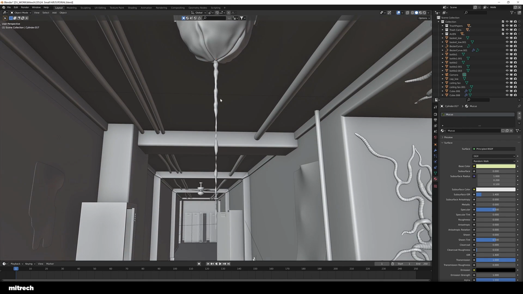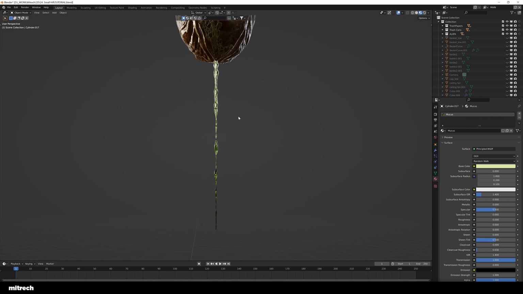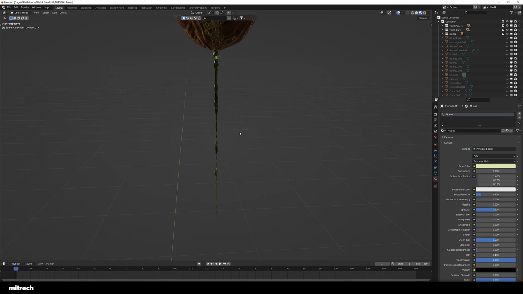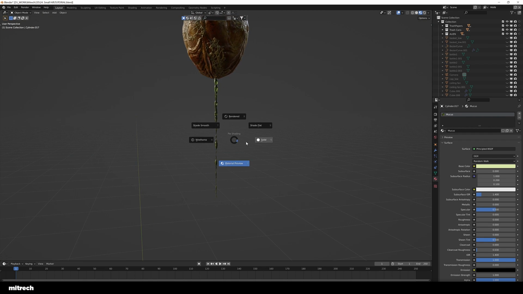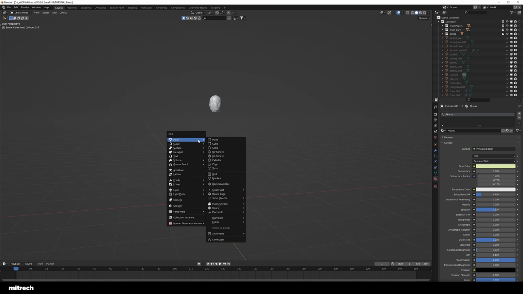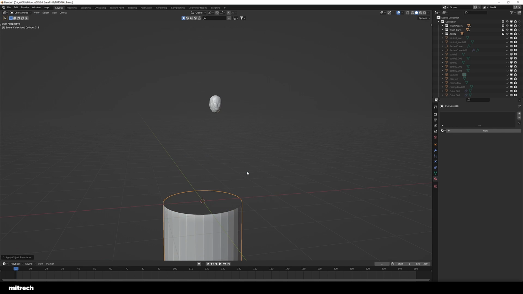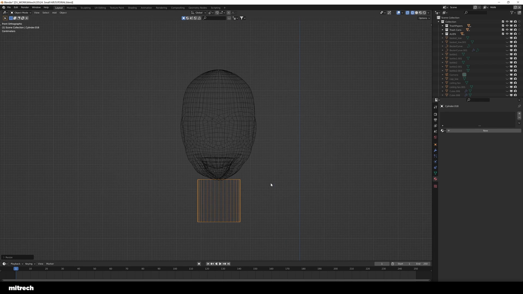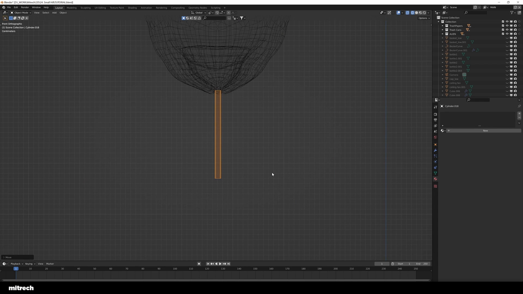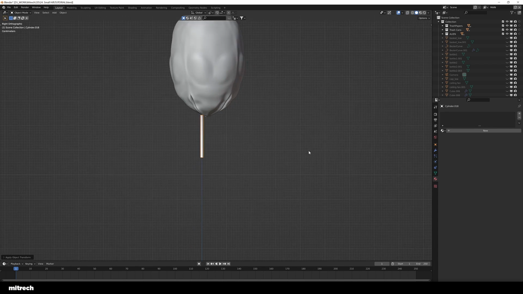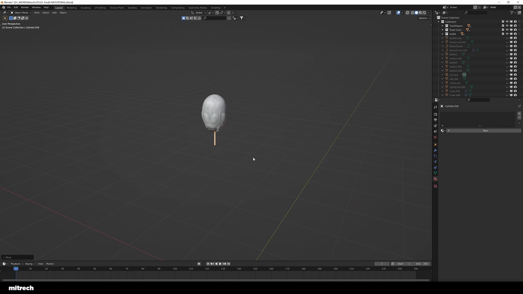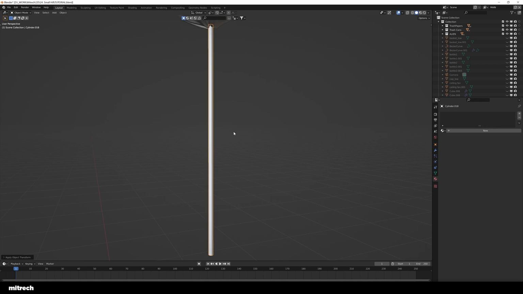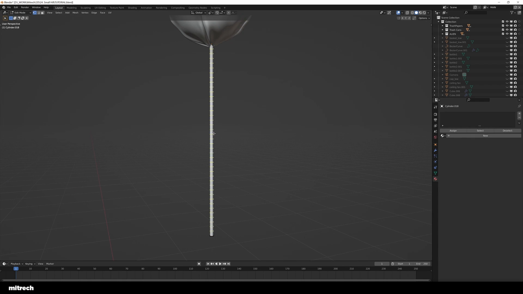So for this alien egg, I guess, that's sitting on the ceiling, I had this idea of having spit or some kind of gross liquid coming out of it, and the way I've managed to do this is simply by creating a cylinder, right? So just make a cylinder, make it really thin, and place it in the right position, right around here.